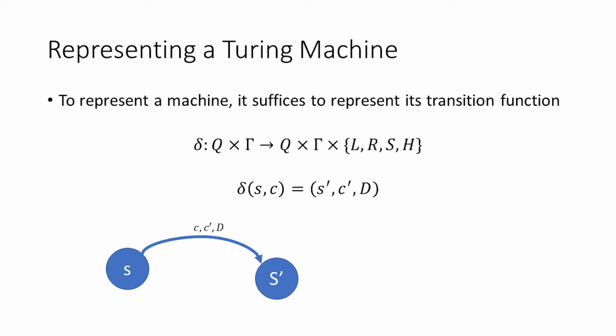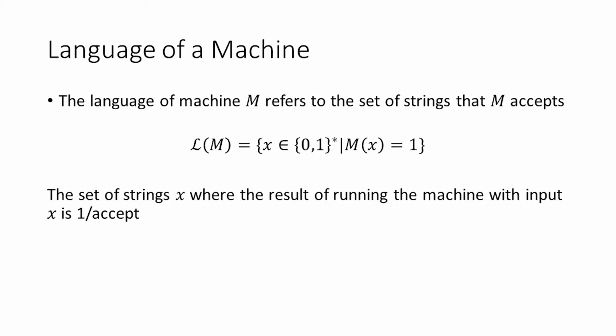So we can just represent a Turing machine by representing its transition function as a string in the same way we talked about doing for NAND circuits. Okay, so now that we know that we can represent machines with strings, and then we can get the machine associated with some string using this fancy M function, we're going to talk about another fancy function, this fancy L